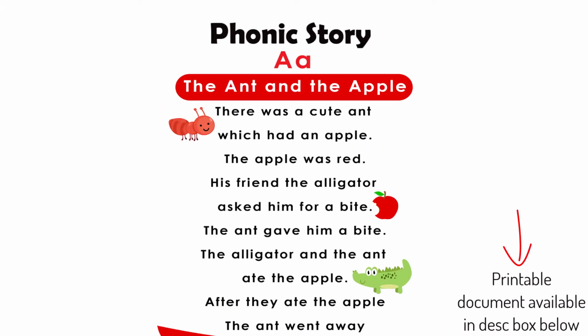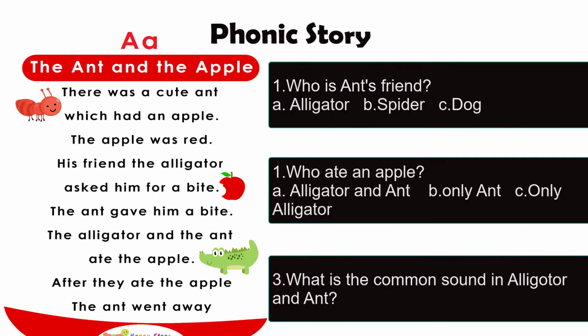Next is phonic story. In the previous video we used I Spy game along with story to improve kids' vocabulary as well as to hold their attention in the topic. Here we will do a simple Q&A game after narrating the story. Questions should be in such a way that the answer must have A sound in it. This is in order to improve kids' A letter sound vocabulary before moving to sound activity.